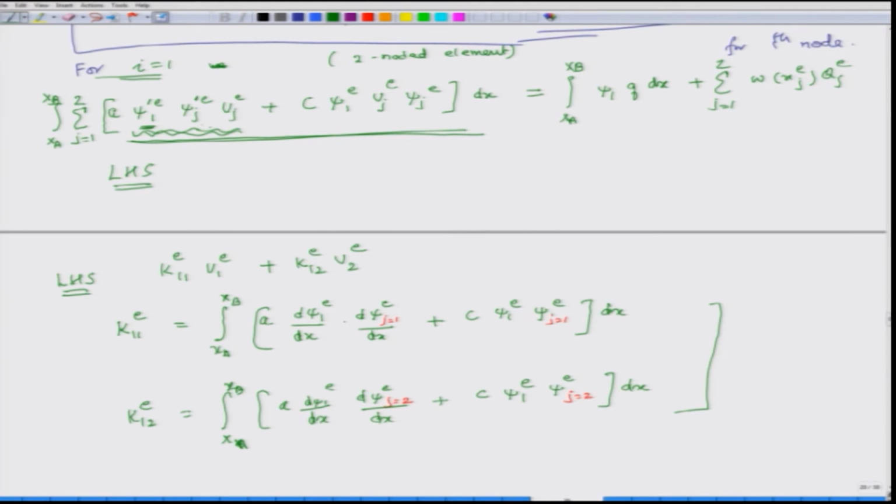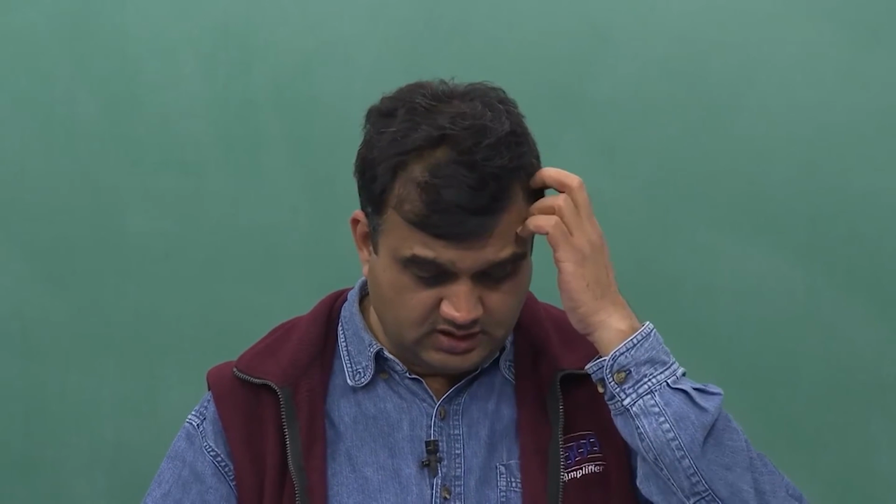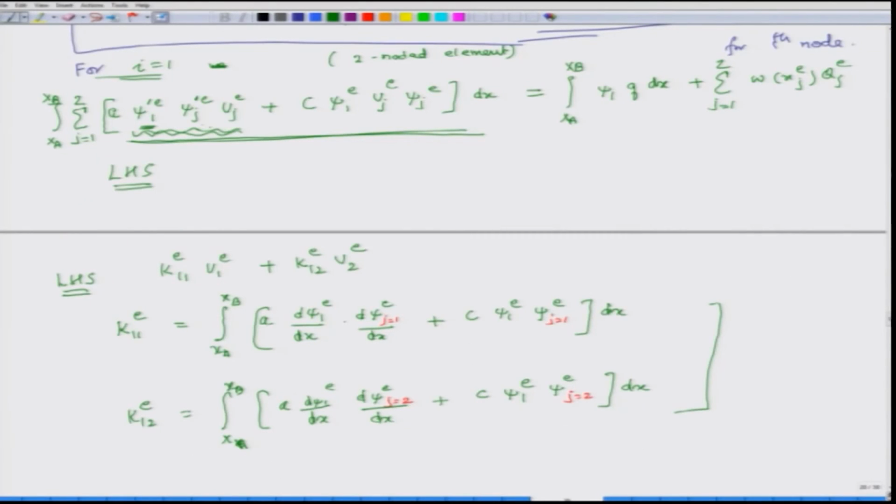I know the limits xa and xb because I know the physical boundaries of my eth element, its coordinates. I have broken it and I know the values of xa and xb. I know a, it is given in the differential equation which I am trying to solve. I know psi 1, we have calculated it, the interpolation function, and I also know psi 2. So, I can differentiate it, so I also know its differentials. I know c, so I can integrate these two relations to get K11 and K12e.